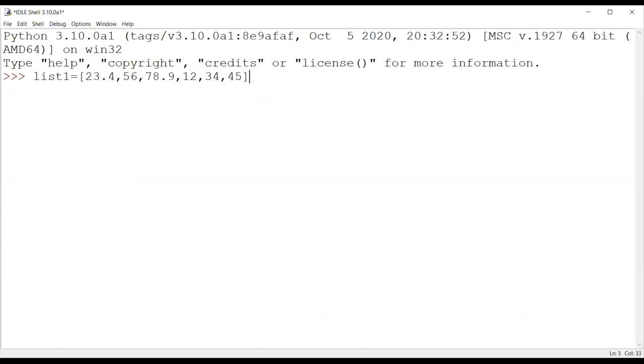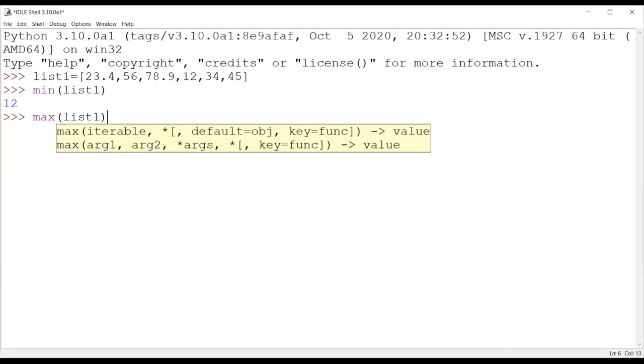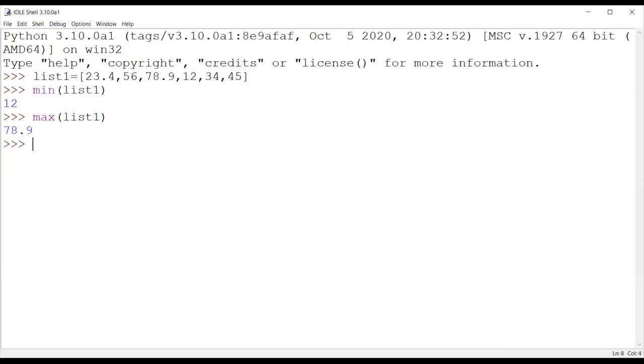Both are in the same category. Now I'm going to apply the minimum function on list1. So I'll be getting the result in this way. And if I apply this max function onto it, then I'll be getting this result as an output. So this is how we apply min and max.